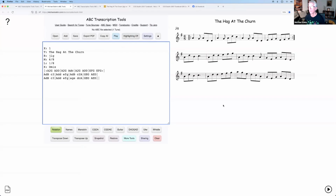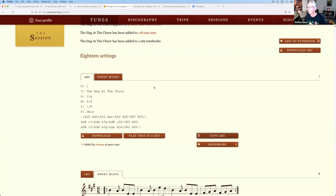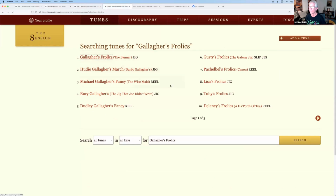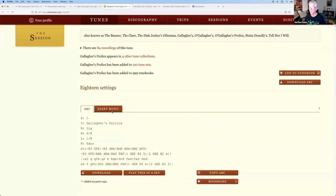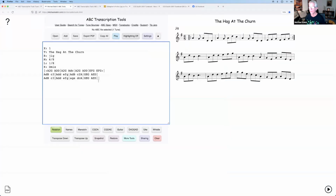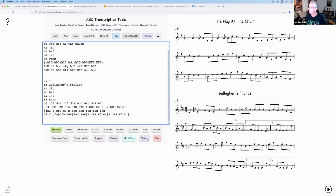That's a very common way that, before I had anything built into the tool for finding tunes, you can always copy and paste ABCs from other places into the tool. So if I wanted to make a tune book and I wanted to use the ABCs on thesession.org, I could search, okay, I want the Haggett to Churn, and then I want, let's say, the Gallagher's Frolics. And I'll take this first one here, and I'll take it over to the tool, and I'll just paste it in. And I could start to build up a tune book that way